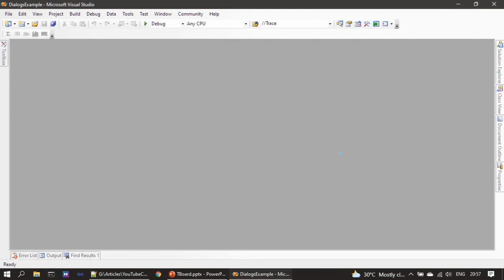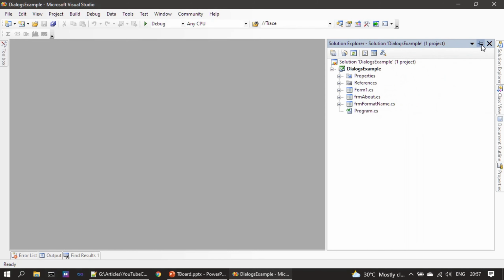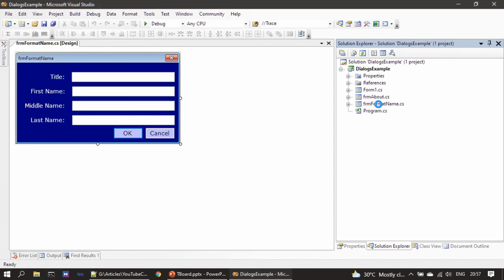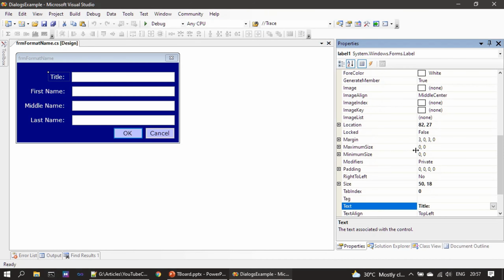Okay, now it's demo time. Let's go to the demo. Okay, here is our project, and just like how you added frmAbout, the same way you have to add frmFormatName. If you see here, these are all the properties: title label, first name label, middle name label, and last name label. You need to assign a text for all these properties: title,